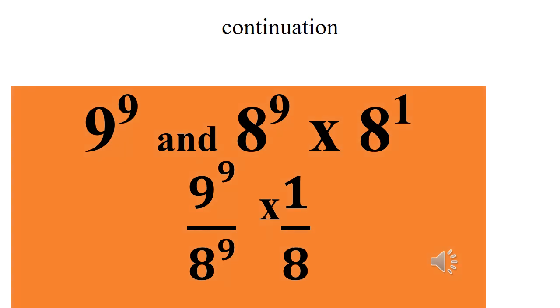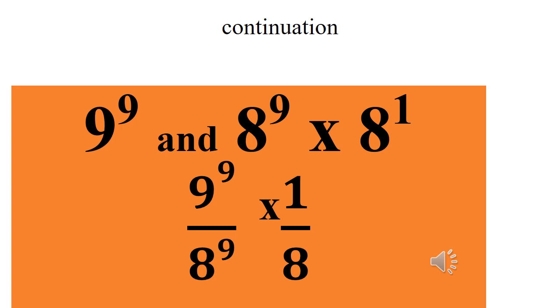So since we are trying to know which one is bigger out of the two, we can actually put the first value over the second one, so that we have 9 raised to power 9 over 8 raised to power 9 times 1 over 8. We put that 1 over 8 because 8 raised to power 9 times 8 raised to power 1